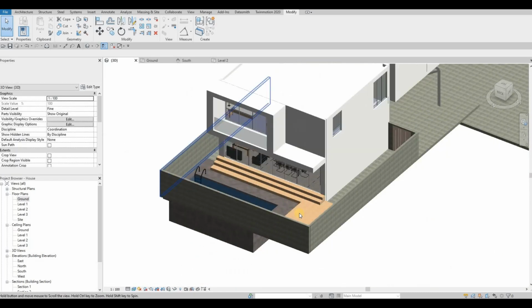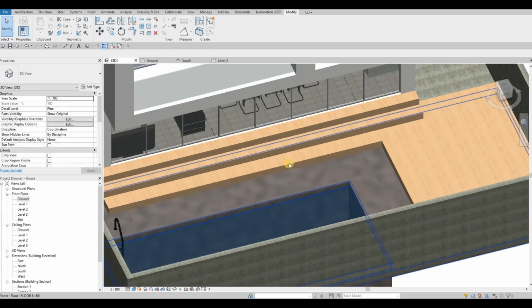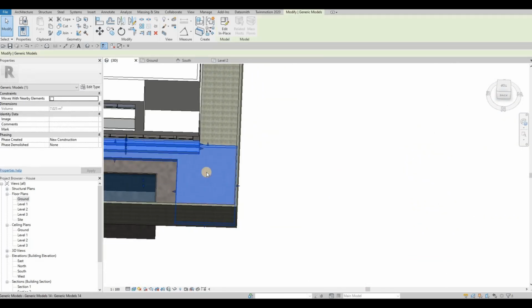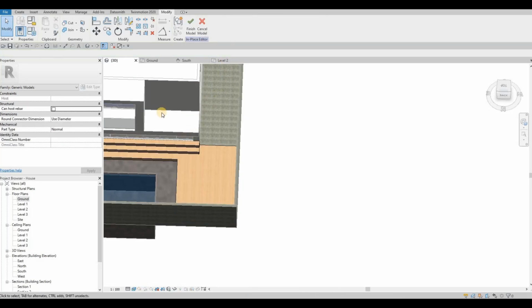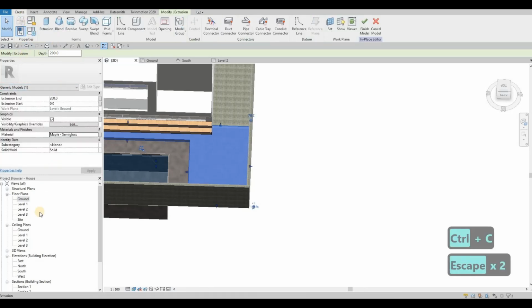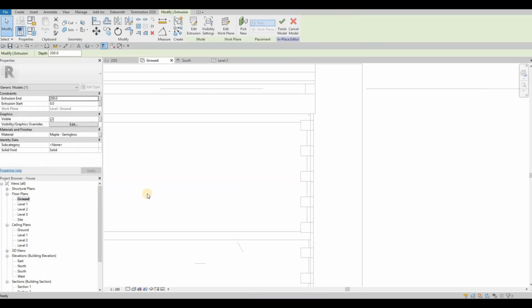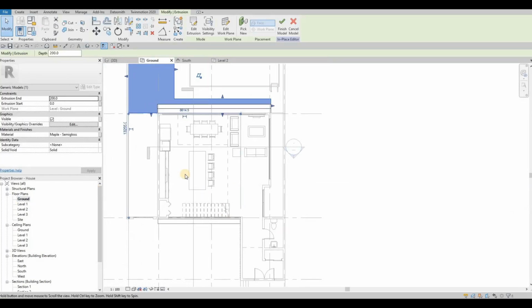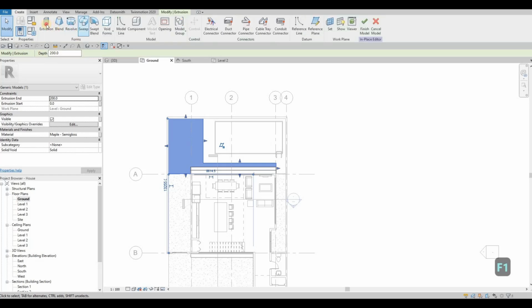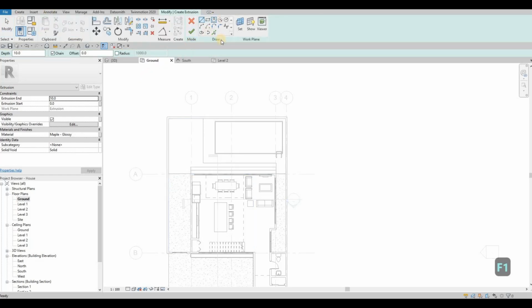And then let's add something on this side now. I'm just going to add maybe the same material. So edit in place. This material is maple semi-gloss. So I'm going to create an extrusion. Let's click on ground and go onto this area. So now click on create, and then extrusion, and then we add